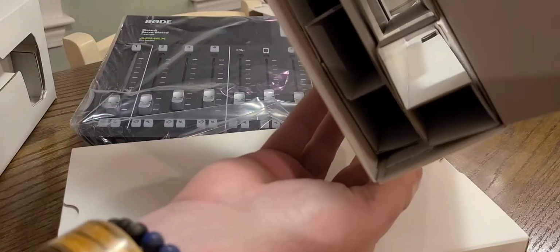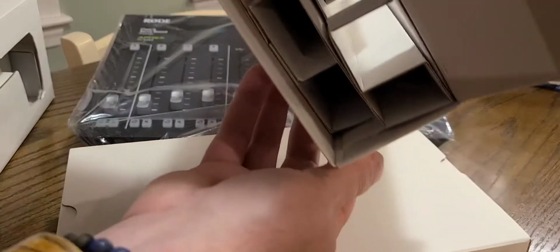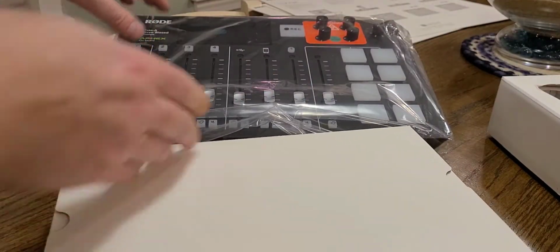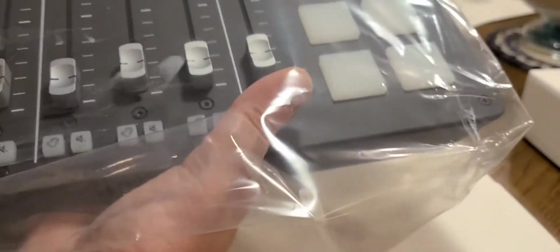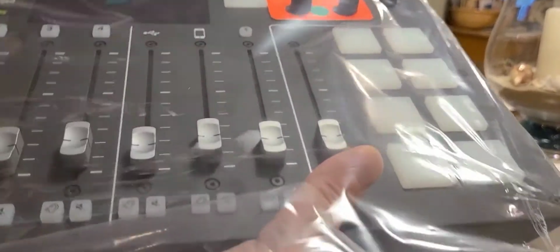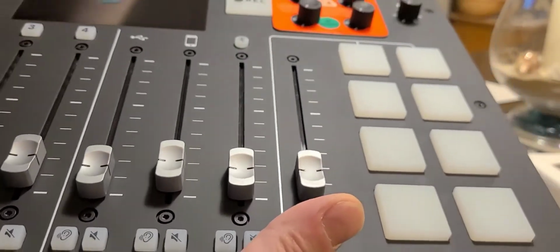So I actually like how they're doing this. They're doing all recyclable cardboard, no real plastic except for a couple sleeves. So, you know, in the grand scheme of things, relatively sustainable compared to the bubble wrap stuff that you might see in other packaging. So here we are on the Rodecaster itself. It does have this plastic sleeve, which is okay, I guess. Not great, but